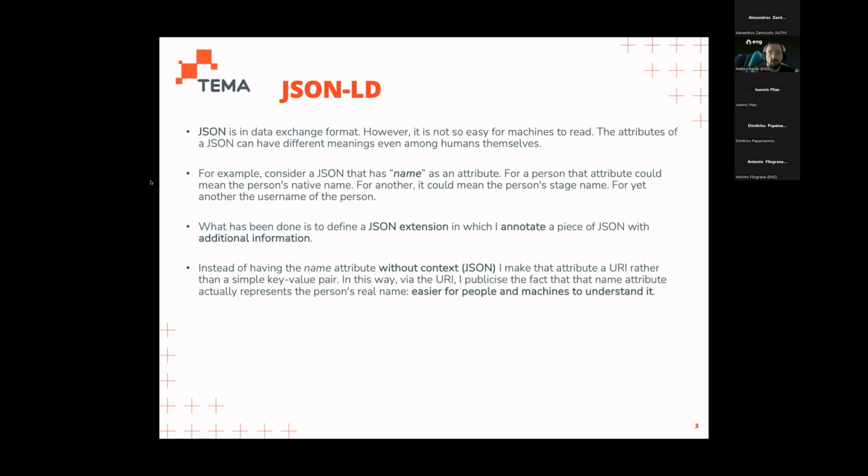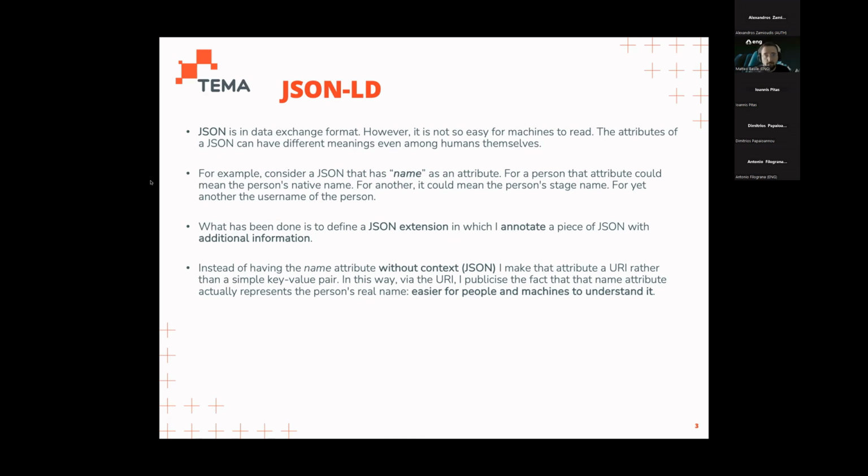So let's start with JSON-LD. JSON is not an interoperable data format. It means that if we have two or more systems that are able to talk JSON, the systems are not interoperable. And in order to understand why, let's do an example. If you have a JSON, you know that it is key-value pairs, right? If one of these keys is name, and as value of this key we have John, for me, the name key is the native name of a person. For Mirko, the name key is, I don't know,